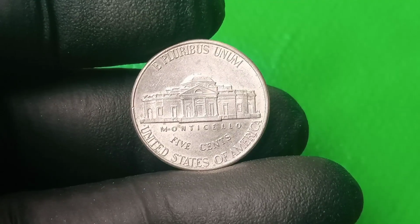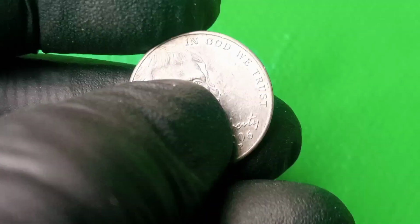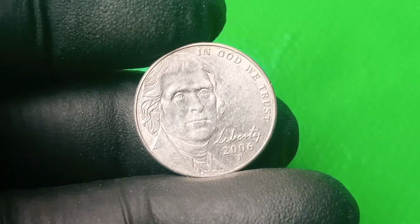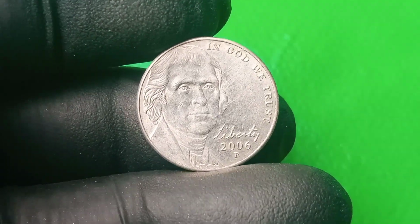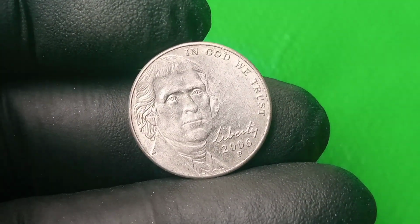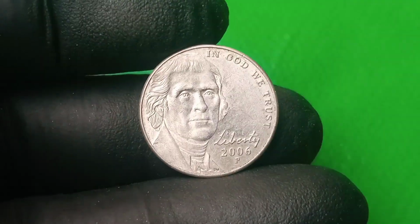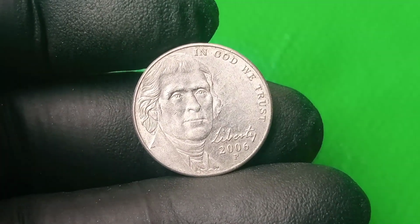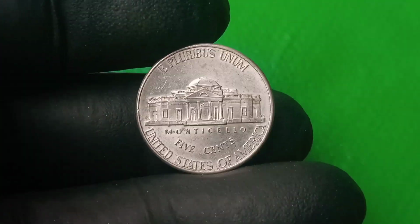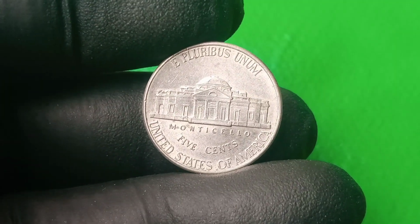And all this may help explain why the edge inscriptions, or lack thereof, show faint markings under infrared that shouldn't exist on a nickel at all, possibly residue from an unrecorded attempt at edge tooling integration later reserved for dollar coins. And if that's true, then the 2006 P Jefferson nickel is more than just a design anomaly, it's an artifact of procedural chaos, a remnant of policy transitions and production trials that collided in metal and escaped into the public unnoticed, where it waits in pocket change, junk drawers, old rolls, and forgotten coin jars to be discovered by